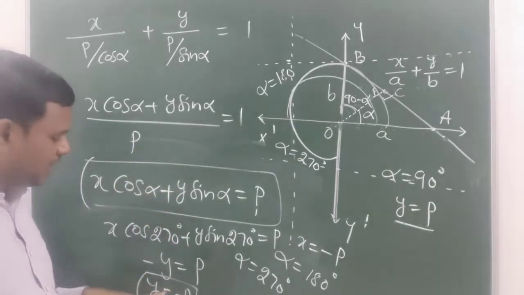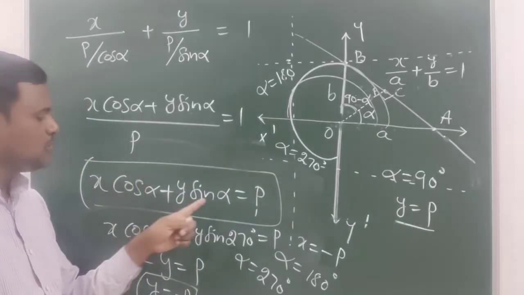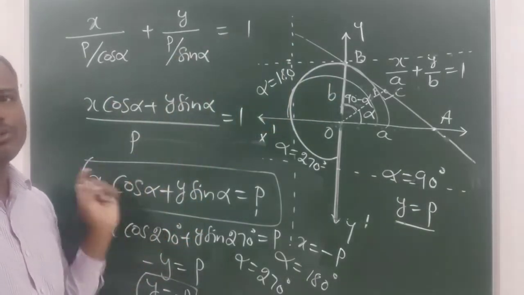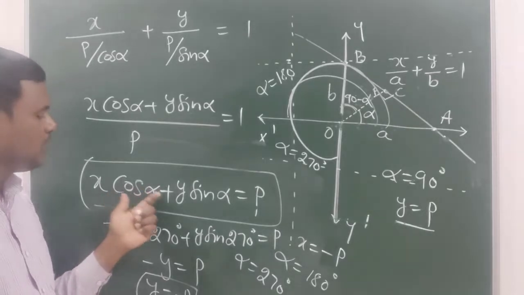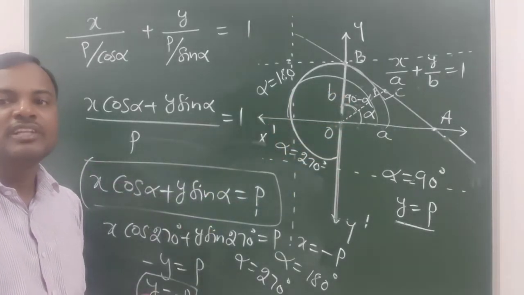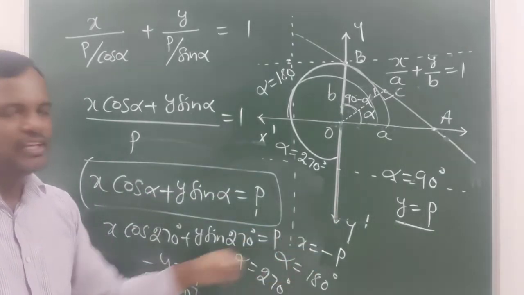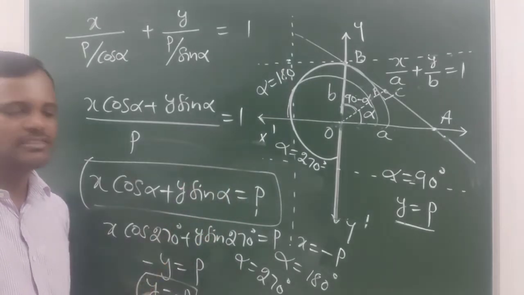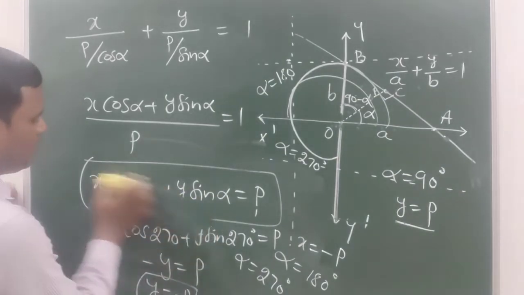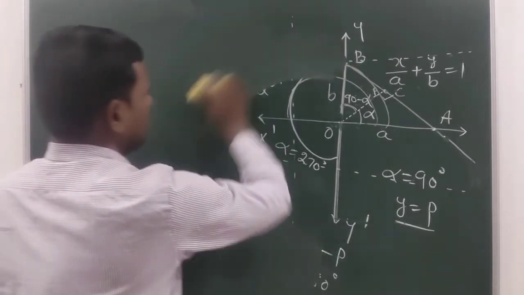Okay. So here I expressed in the Cartesian form. If you would like to express in the normal form, just replace this alpha by 90 degrees, 180 degrees, 270 degrees. But you must express this angle of rotation in the radian measure. You know, 90 degrees is pi by 2 radians, 180 degrees is pi radians, and 270 degrees is 3 pi by 2. Okay. Right. Now let us go to one application based on this normal form of the straight line.